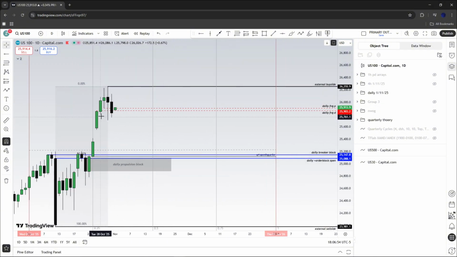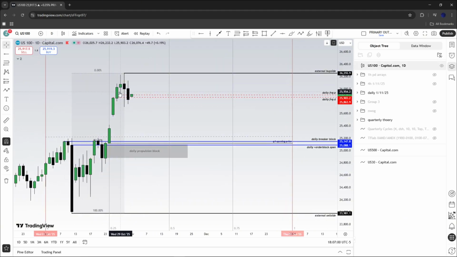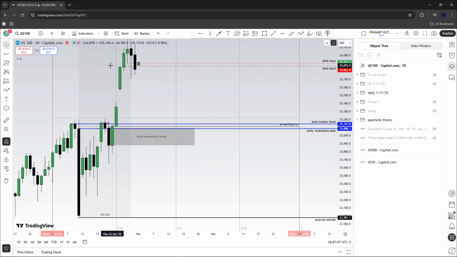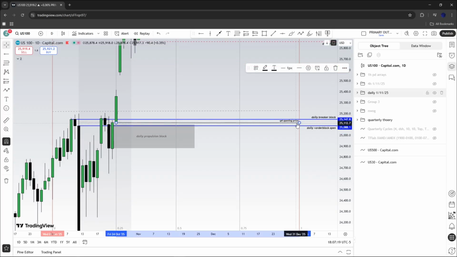Obviously, bearing in mind that it can trade higher and we can seek buy side first, we do allow room for that. So the initial drawn liquidity for me would be the new week opening gap towards the lower end of that price, or towards the lower end of our range. We've got our Q4 opening price, which was this on Friday the 24th of October. That opening price is extended, I can't really see it in between these two, but it is there.